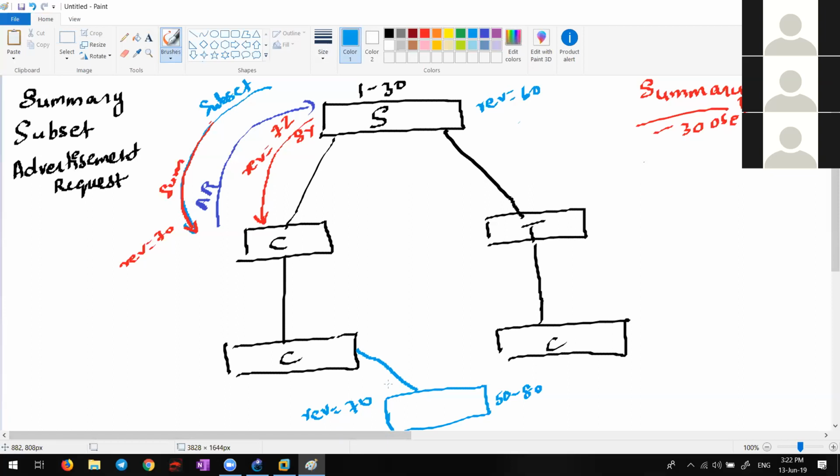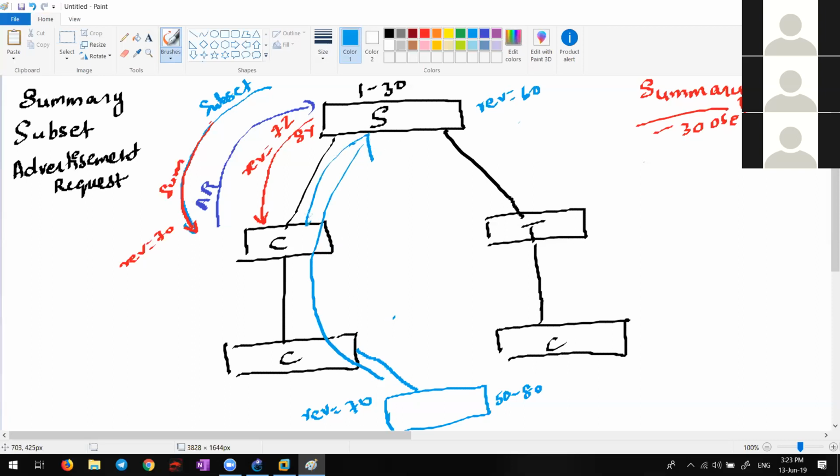Who will set? Which switch? It is in server mode? No, it's in client mode. Yes, I told you in the notes, even client mode and server mode can both learn and synchronize with each other, right? There is a problem here. Only this particular time, they will both compare their revision numbers. Who has the highest revision number? The client has the higher revision number, 70. Only this time, he will update the server.